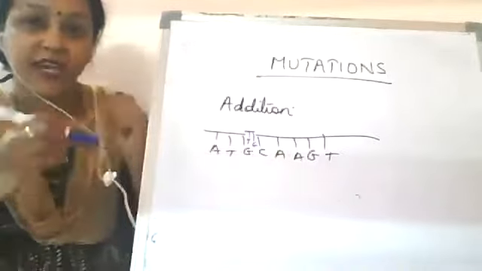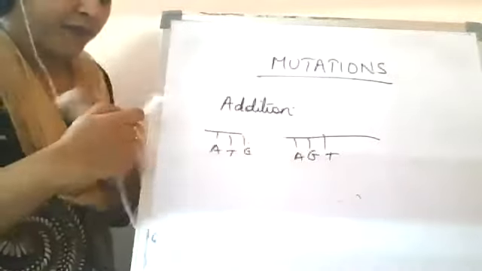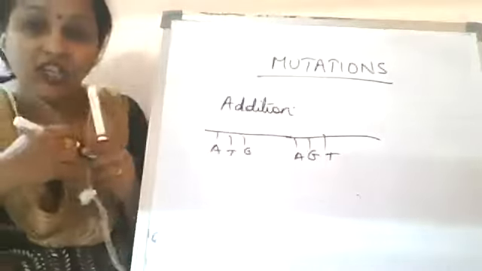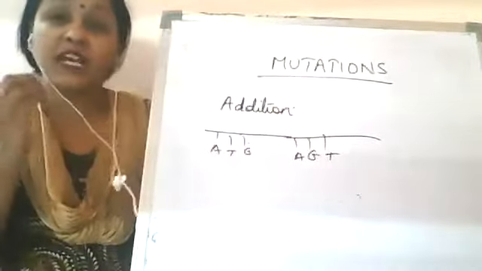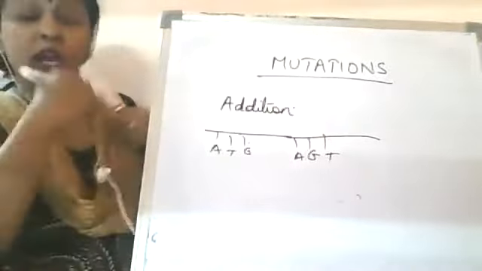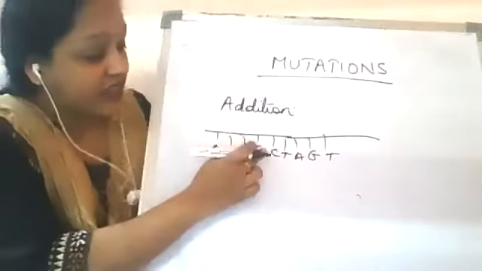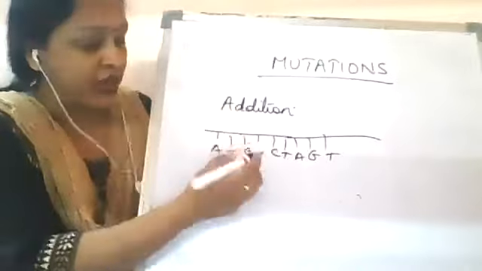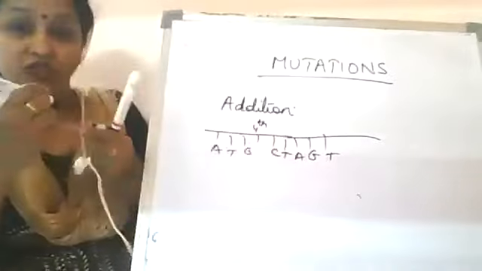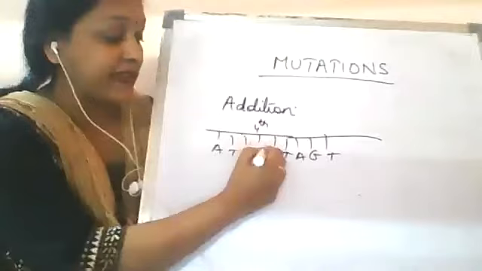And if I'm saying deletion, what will happen in deletion? If a piece of DNA gets deleted, again what will happen? The sequence of reading will change. So addition, deletion, and even a single nucleotide polymorphism. What is single nucleotide polymorphism? Suppose I complete the sequence like this. If instead of G, any other nucleotide, not naturally G, was present at this fourth location, any other nucleotide comes and takes its place, what will happen?